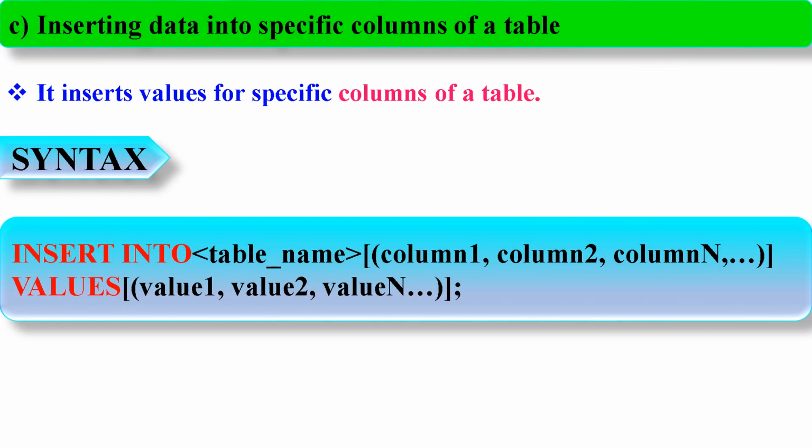Let's learn the third form, inserting data into specific columns of a table. It inserts values for specific columns of a table. The syntax is: insert into table_name (column1, column2, columnN, and so on) values (value1, value2, valueN, and so on);